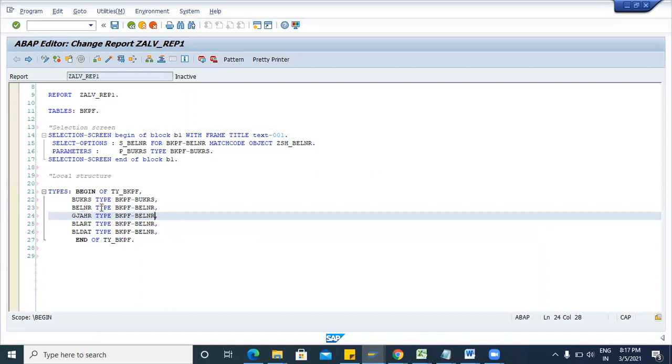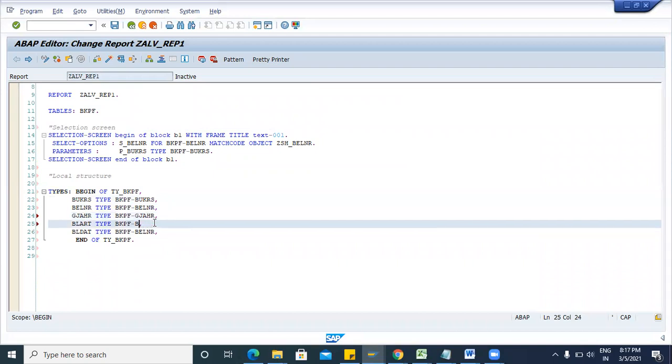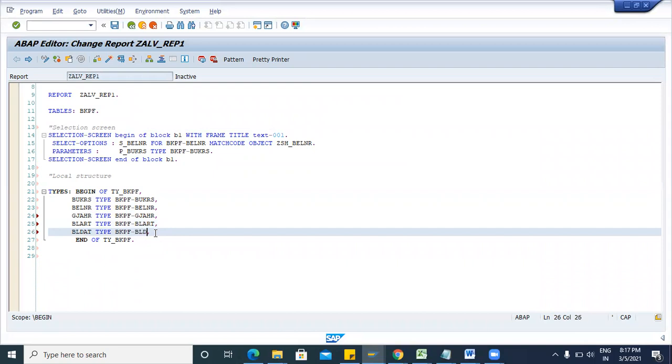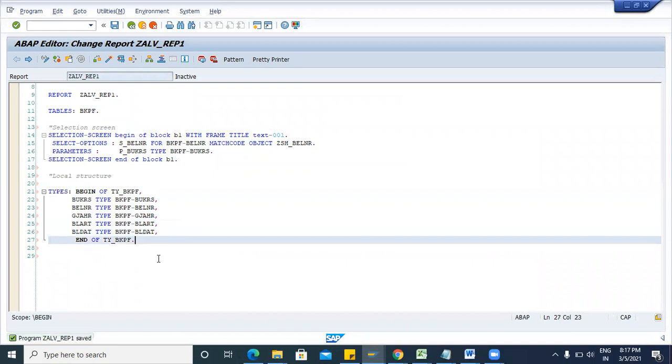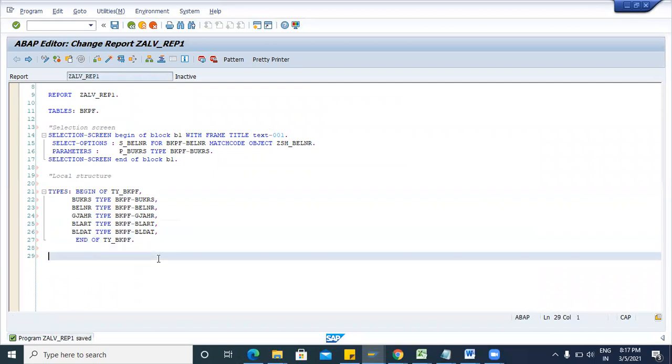Here we will change all these fields, table name dash field name, GJAHR, then BLART, then next BLDAT. So now this is the way to declare a local structure.